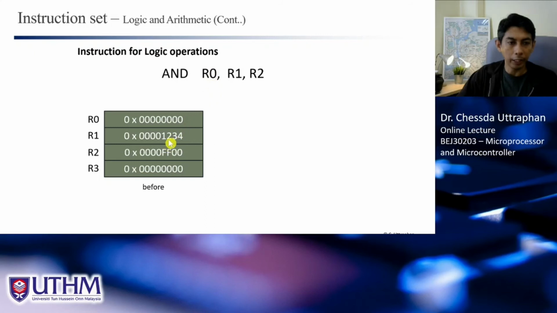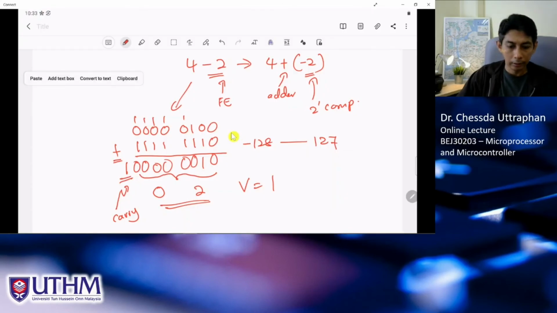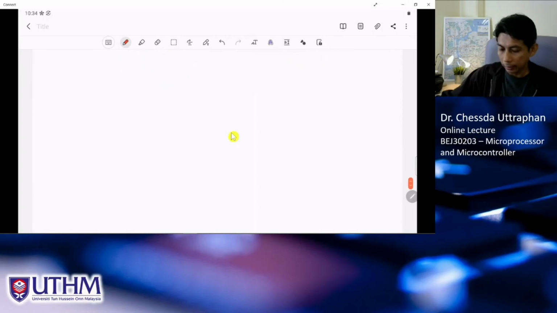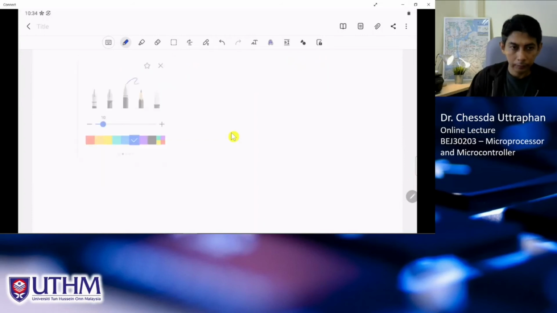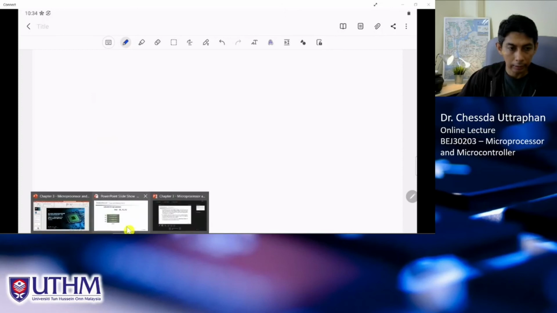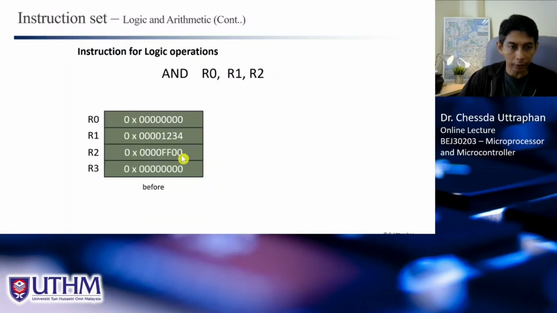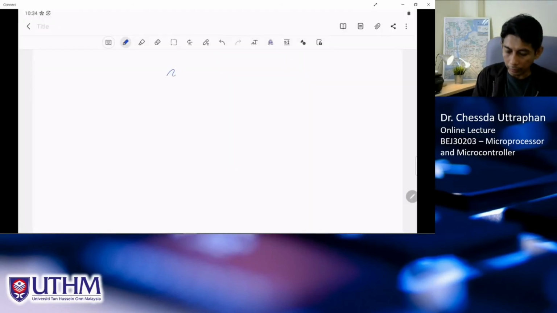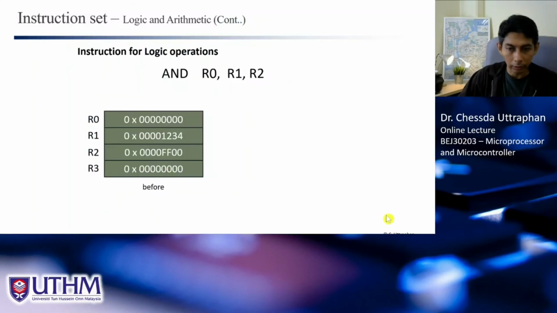So when we want to AND these two, R1 and R2, we actually need to AND bit by bit, right? So in this case we have 1, 2, 3, 4 with FF00. So we have in hexa 1, 2, 3, 4 with 0, 0. Oh, is it FF00? Yeah,